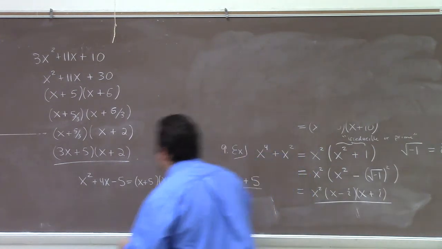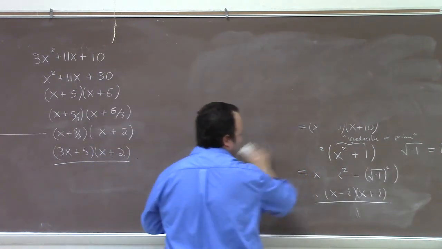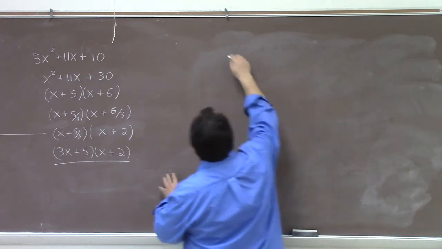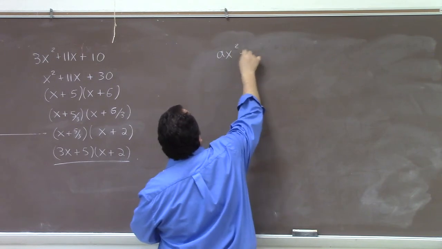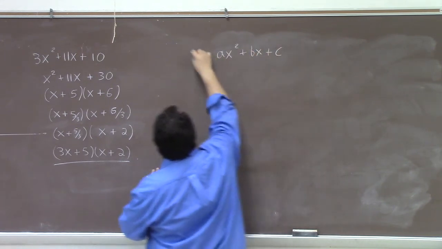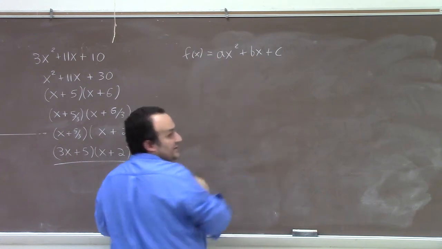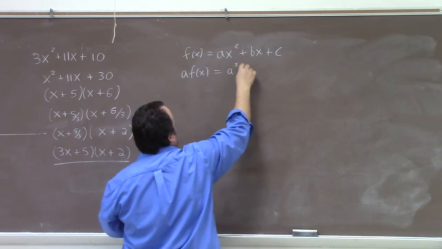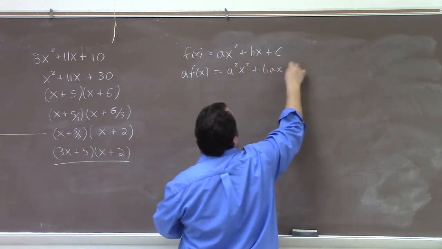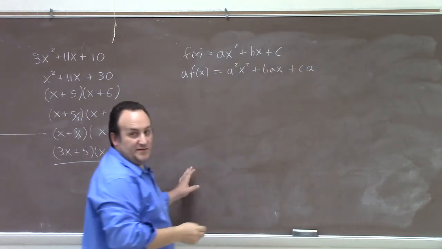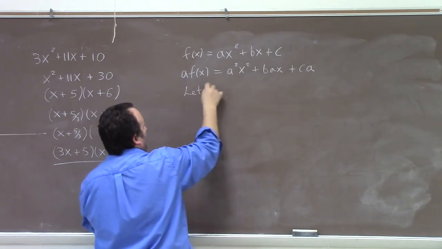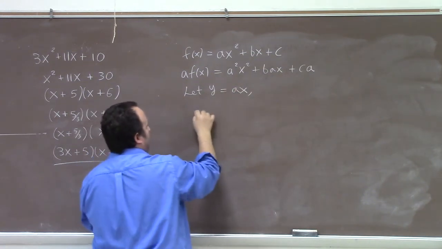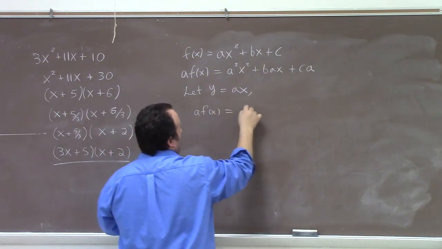I can explain why this works. I asked my brother about this, and this is what he came up with. You take your original polynomial, let's call that f of x, and you multiply that by a. That gives us a squared x squared plus bax plus ca. You make a substitution at this point: you let y equal ax. With that substitution, a times f of x becomes y squared